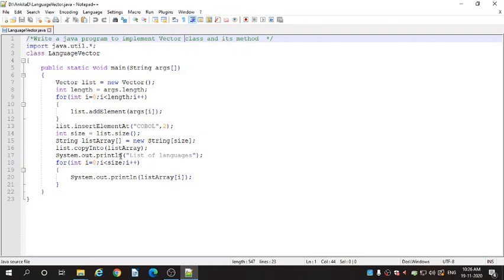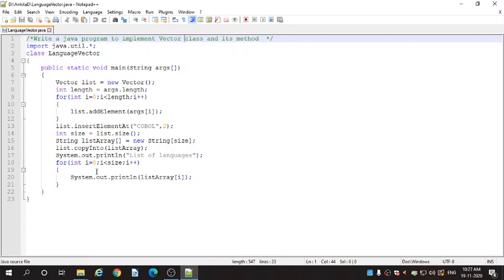Then String[] listArray = new String[size]. That size will be assigned to the listArray, and all the elements which are present in the list will be copied into the listArray, like C, C++, COBOL and Java. Then at the end System.out.println will print the list of languages, that is C, C++, COBOL and Java,